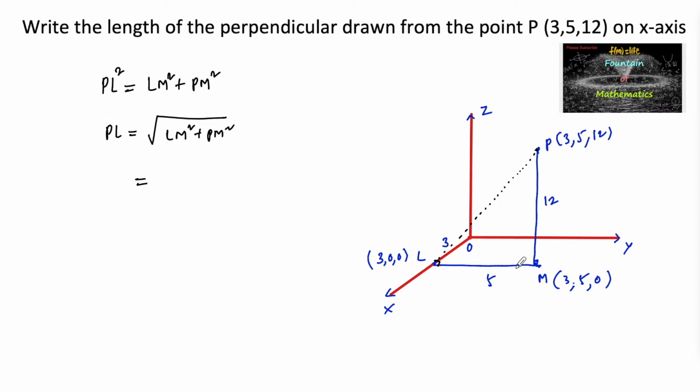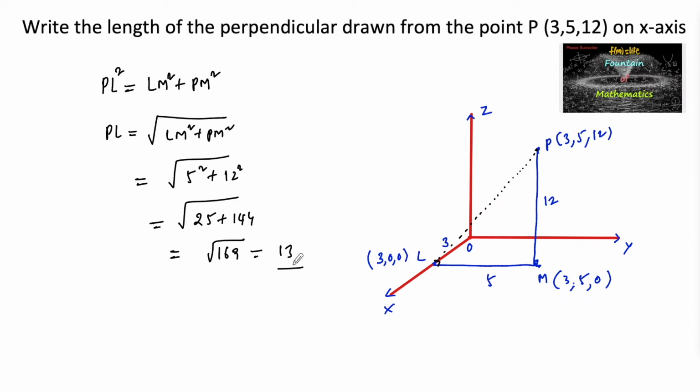LM distance is 5 units, so we can write 5 square plus PM distance is 12 units, so that is 12 square. So 5 square is 25 plus 12 square is 144, which is 25 plus 144 is 169, square root of 169 is 13. So therefore we can say that the length of perpendicular